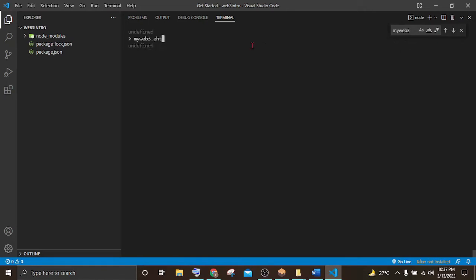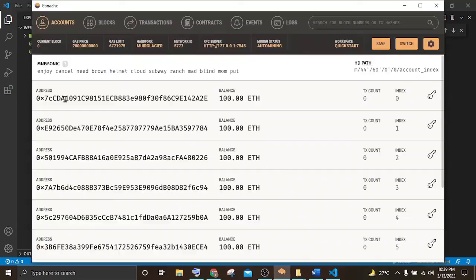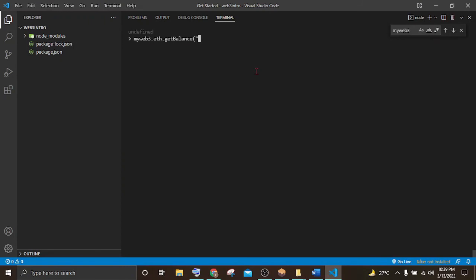Let's get the balance inside my Web3.eth.getBalance, and that's inside this. Just put an address. Let's try to get the balance from here. Just copy it, Control C, move to Visual Studio Code and paste it here, and then complete the bracket